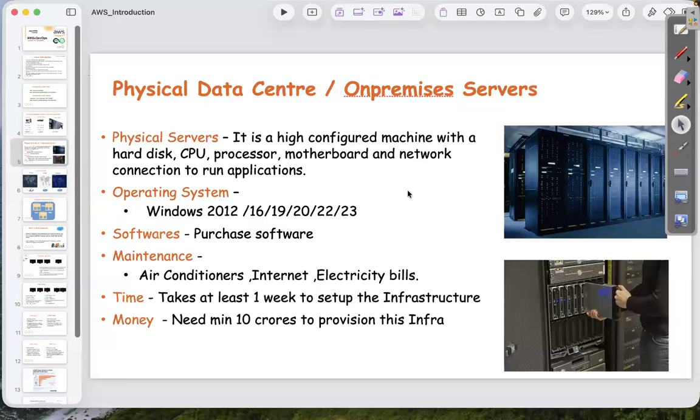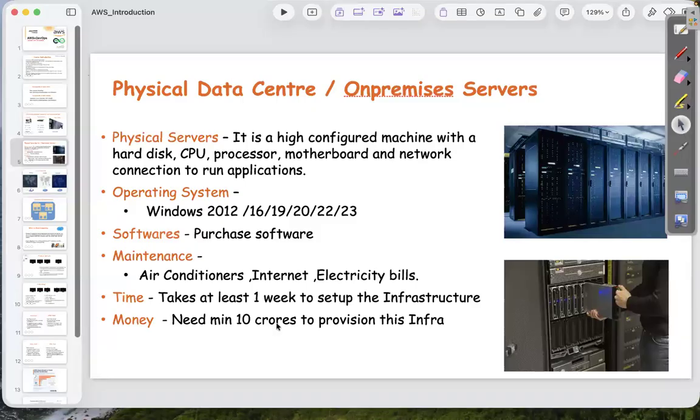But with this physical server setup, we have a few drawbacks. What is the first drawback? It is a huge investment. Many people have ideas to start their IT companies, but is it easy to start with this much investment? Is it easy for everyone to purchase the infrastructure? It's a big investment, right? Here I have given an example of just 100 servers. But what if you want more, 500 servers, 1000 servers? You have to spend millions of dollars. So that is the first drawback.